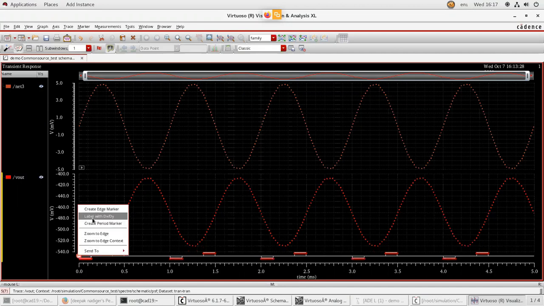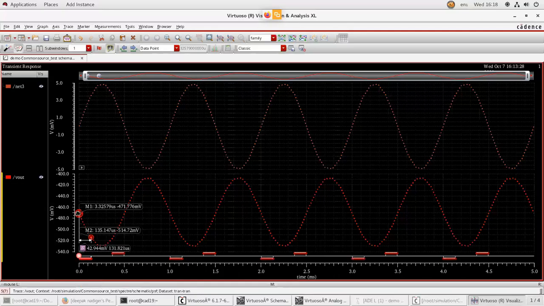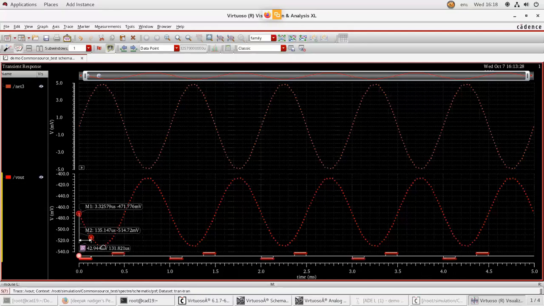After that, you click on label with dy by dx. Okay. You got two red marks. Right click on one red mark. Go to create vertical marker.